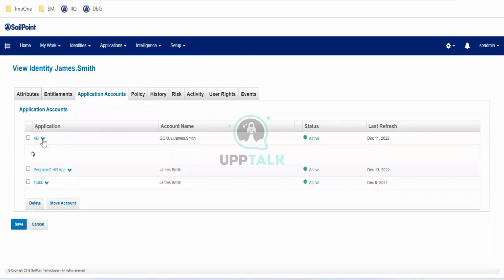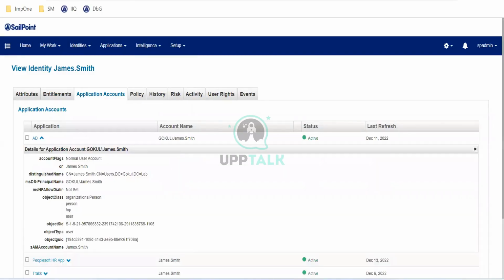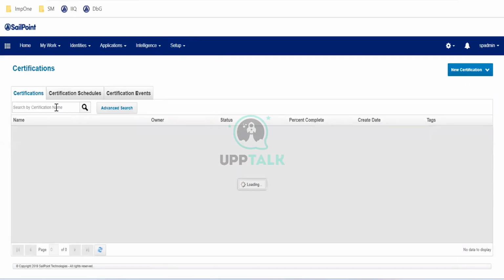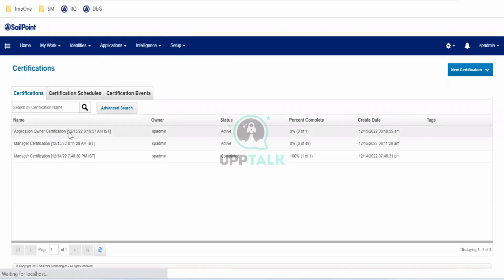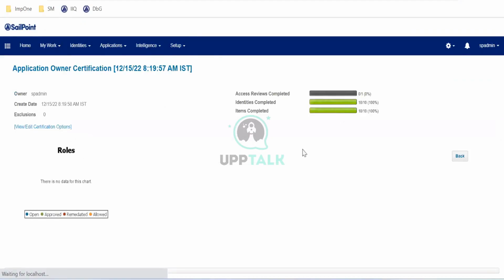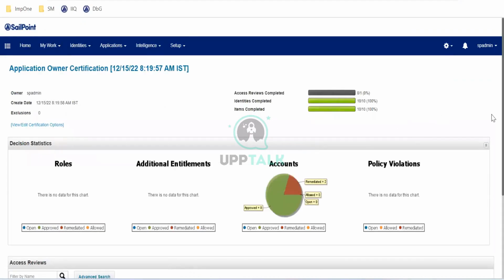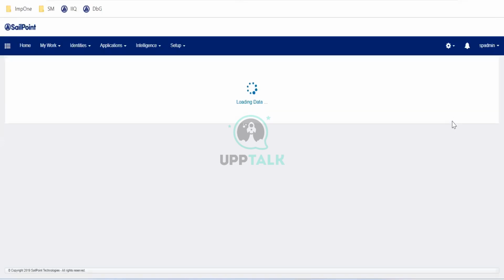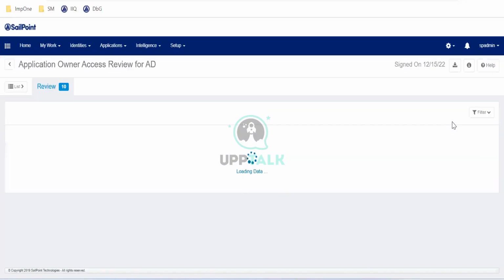Now Active Directory is there, still in the active status only. Why is it not getting complete? I've taken a decision as well. Now I won't be able to sign off also, because I have done that already.